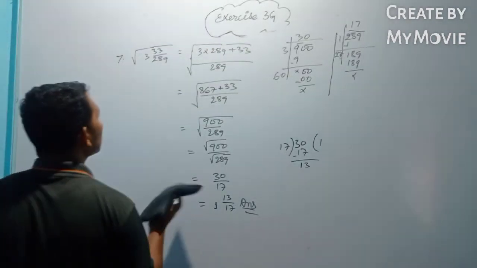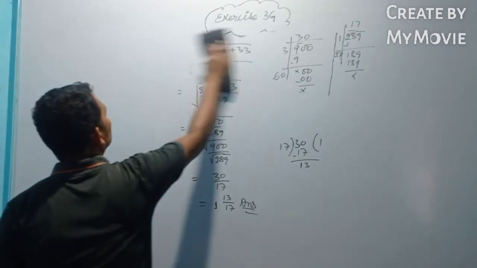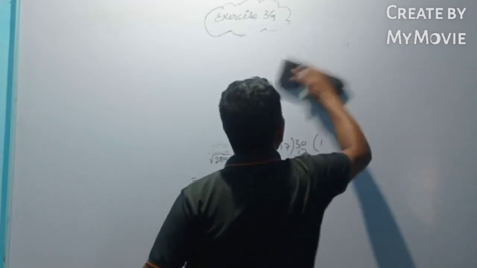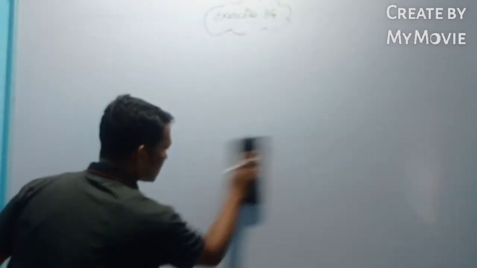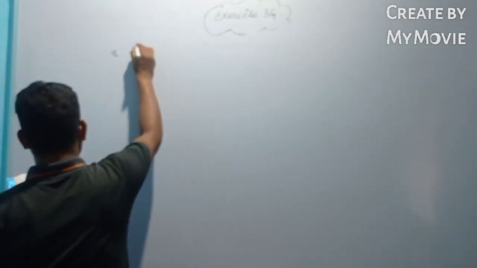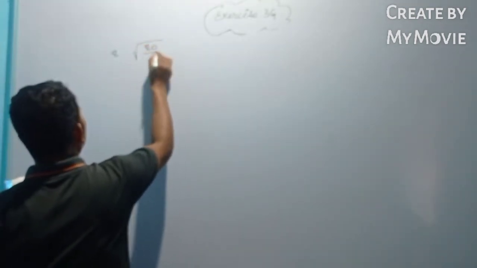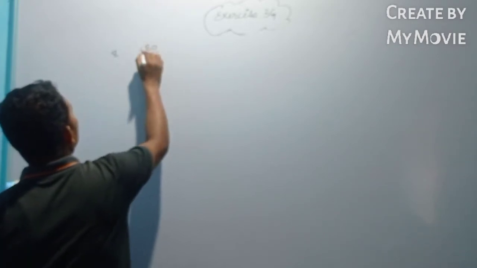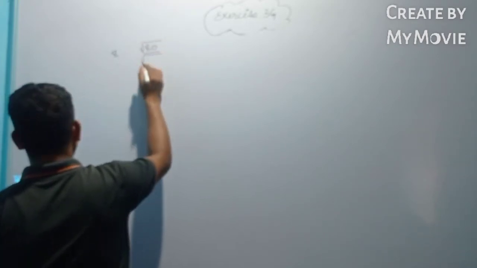Okay, let us go to the next question. Question number 8. Question number 8 and 9 are similar. Square root of 80 upon square root of